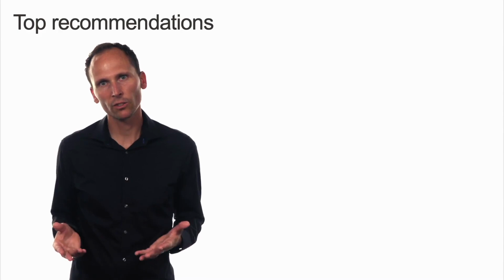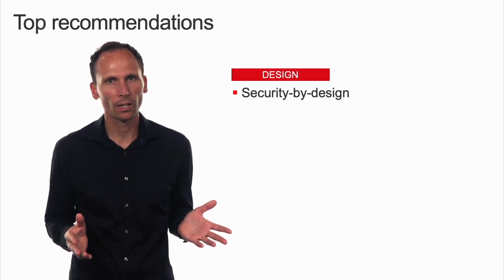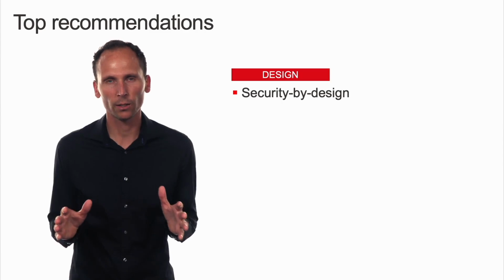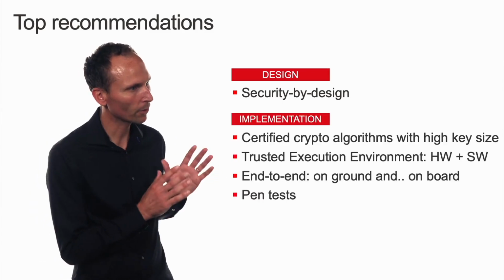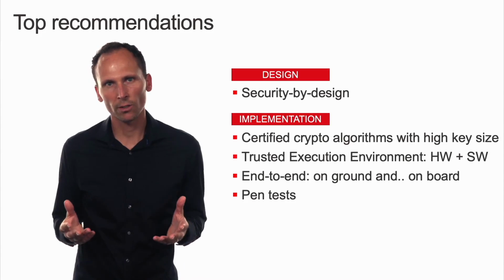Newspace companies often have this tremendous advantage of starting from a blank page. It's a unique chance to apply security by design. It has been proven many times that it is always more costly to fix vulnerabilities later. Security by design also makes the implementation phase a lot easier. Typical recommendations there include